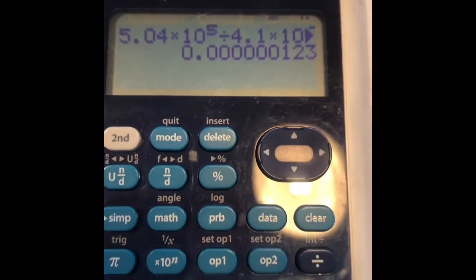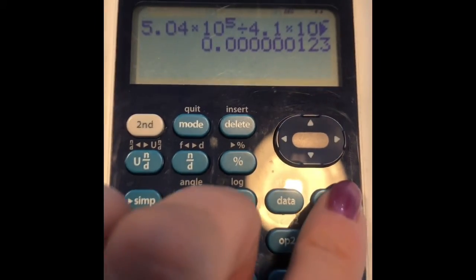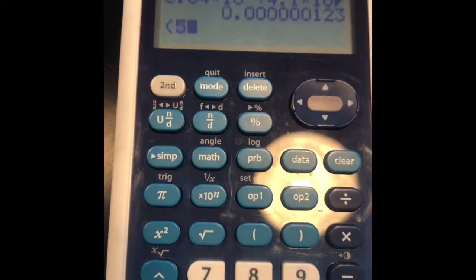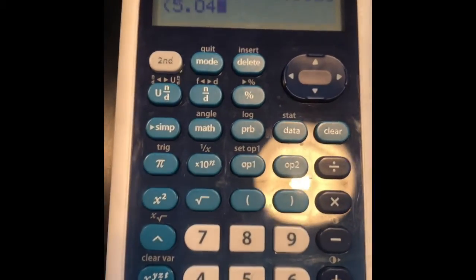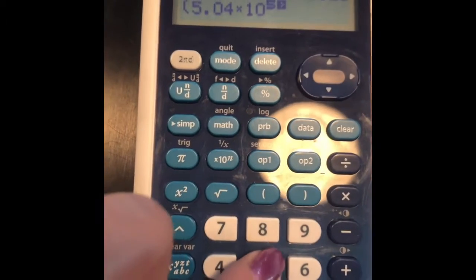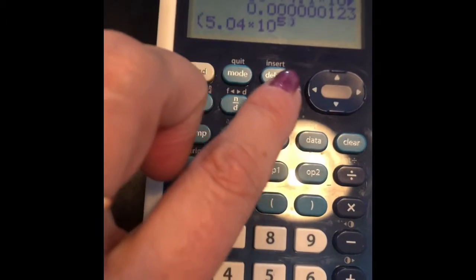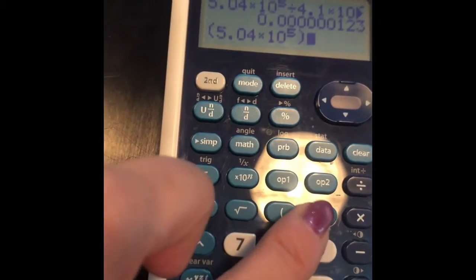So this is what happens when you don't use parentheses with this calculator. None of the other calculators need parentheses. Let's do it with parentheses now. Times 10, hard to see. To the 5th, close parenthesis. Oh, see, we gotta delete. We need to advance forward and then close parenthesis and divide it by 4.1